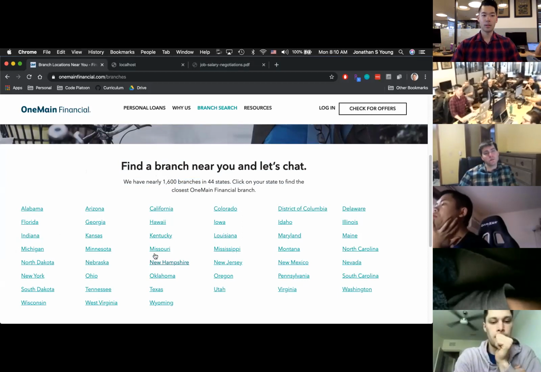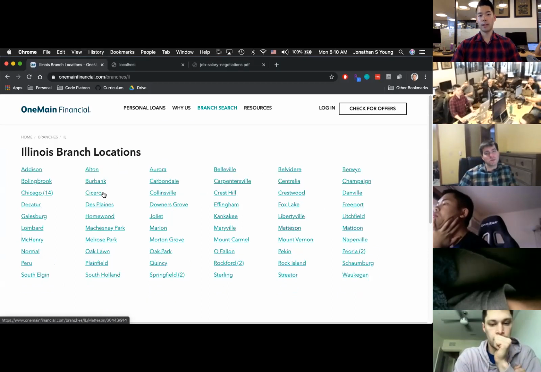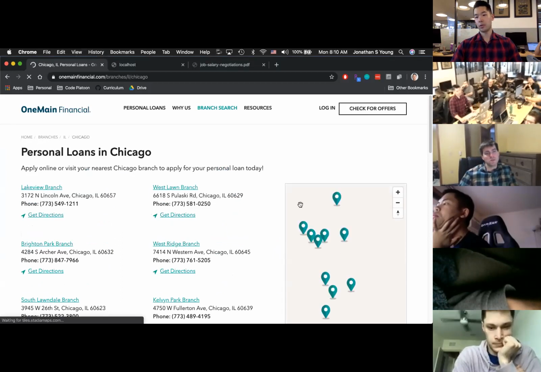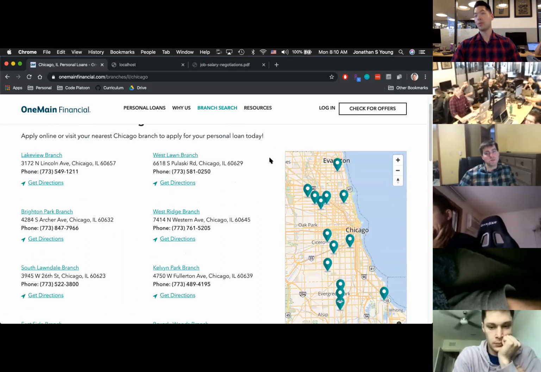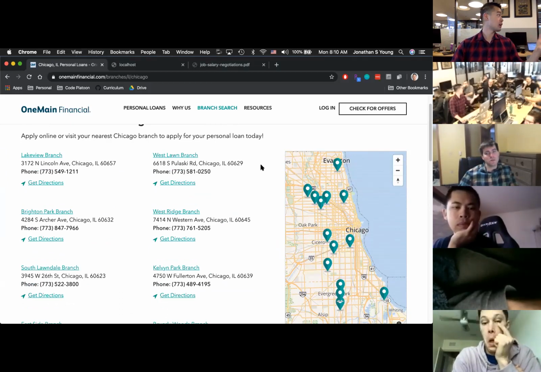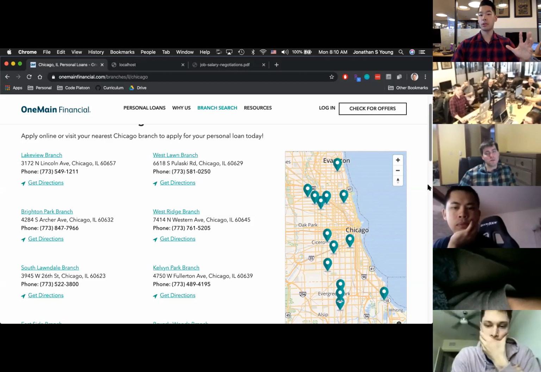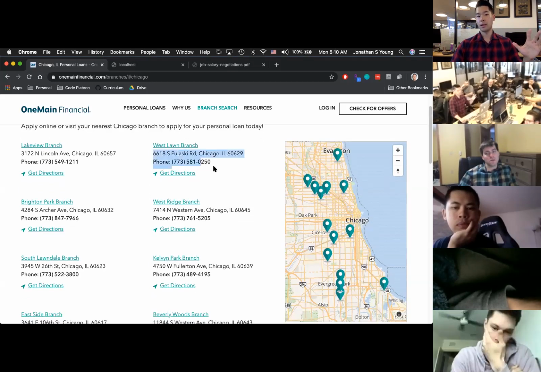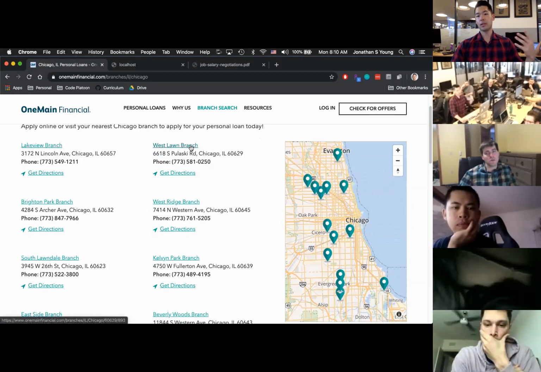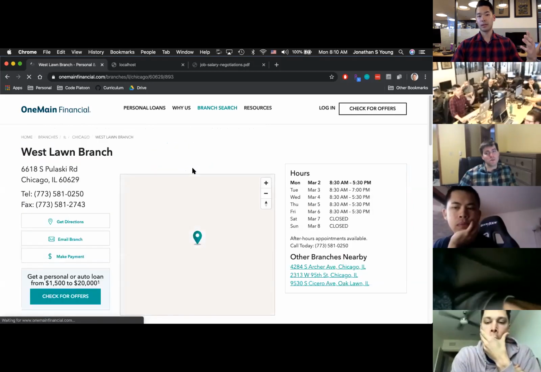So if you want to go inside of Illinois and you're looking for a One Main Financial branch, here are all of the locations, and this is a Google Maps integration, and it's more or less what we're doing today. We're going to create some landmarks inside of our database. We're going to plot those onto Google Maps, and it's going to show up over here. All of this stuff, all the phone numbers, all the addresses, all the titles,